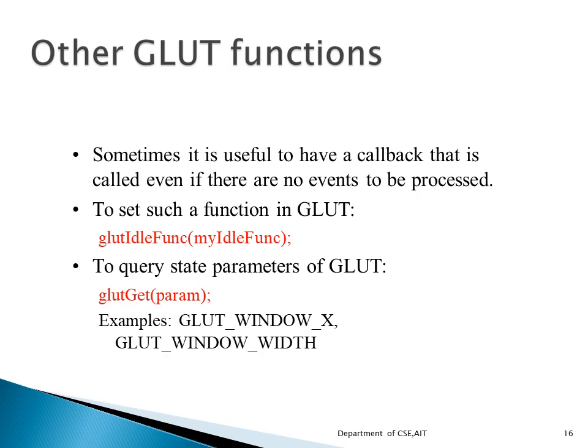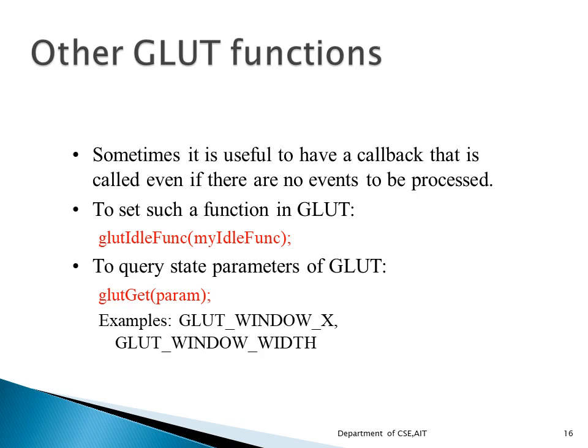Then the API glut_get gives us the current state parameters. That means presently in my window, on my screen, with respect to my display window, there will be so many parameters, maybe its width, maybe its height, where it is positioned, all these things. If I want to get some parameters of the present window, then I can go for glut_get, and I have to mention the parameter which I am interested in.